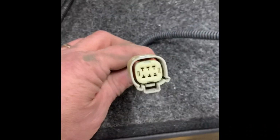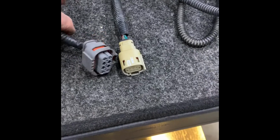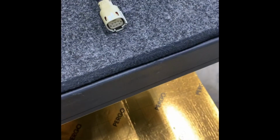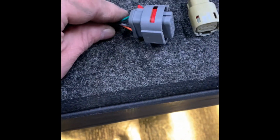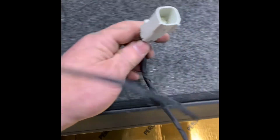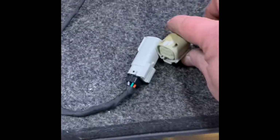Okay, so right here I've got the original taillight harness. So the LED taillight harness is, as you can see, a little bit different than that one. And like I say, if you got the one that's originally an LED, these are going to go right in, but that's not what we're doing. So Phil at the Harness Doctor has created these for me. This is the original style connector, which on the other end of it adapts to that. So what you do is just snap them together there, and then this end goes into the